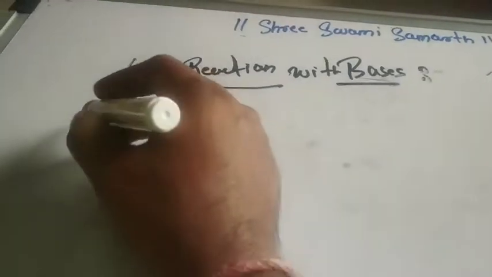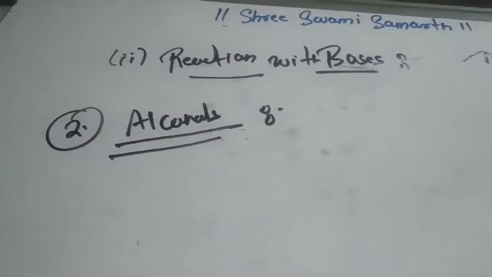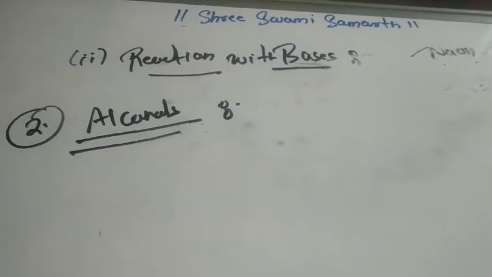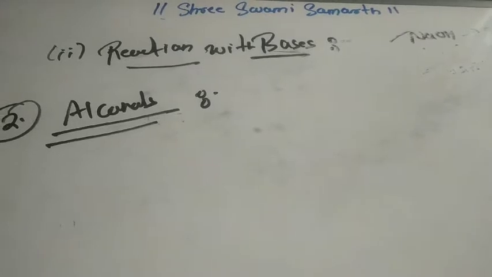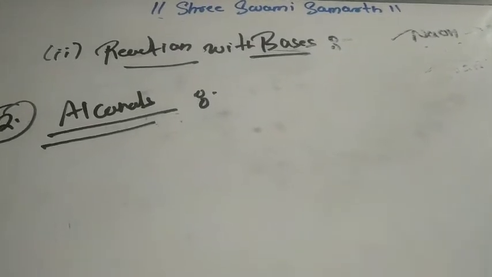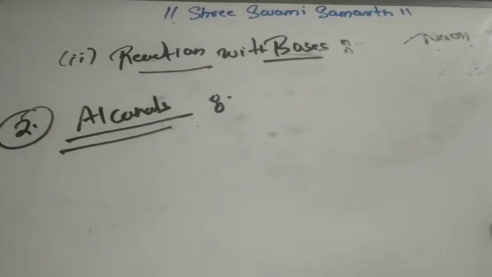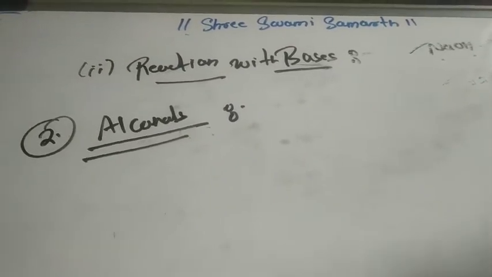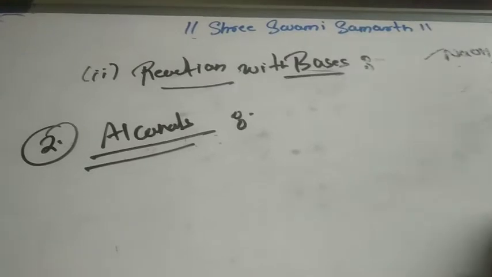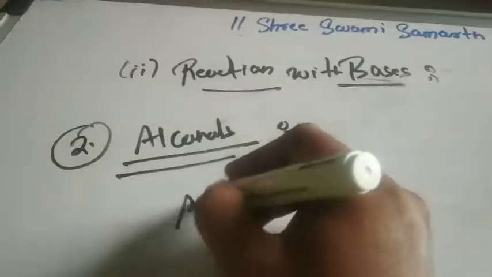Now let's talk about the reaction with the alcohols. You can give the heading alcohols. So alcohol has no acidic character in the aqueous solution. We have studied in acidic character of alcohols and phenols that in aqueous condition alcohol behaves like a neutral. It does not have any kind of acidic character, right? So alcohol has no acidic character in the aqueous solution. Thus alcohols do not react with either NaHCO3 or aqueous NaOH. Right? So you can note it down here.